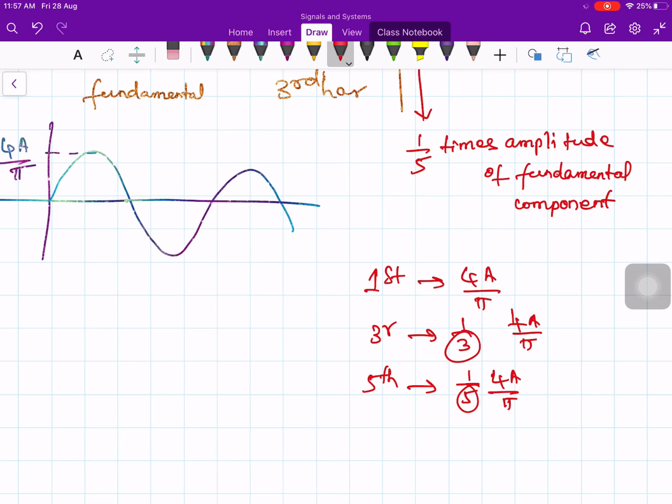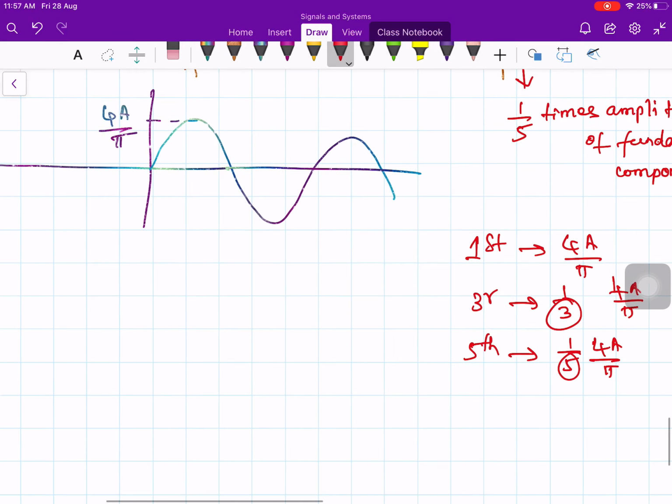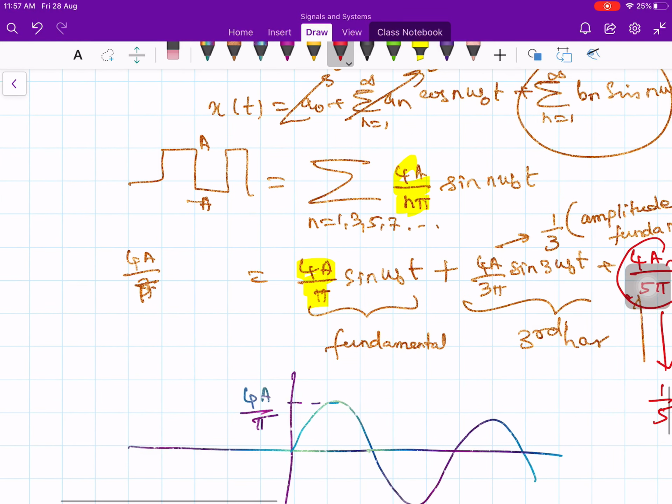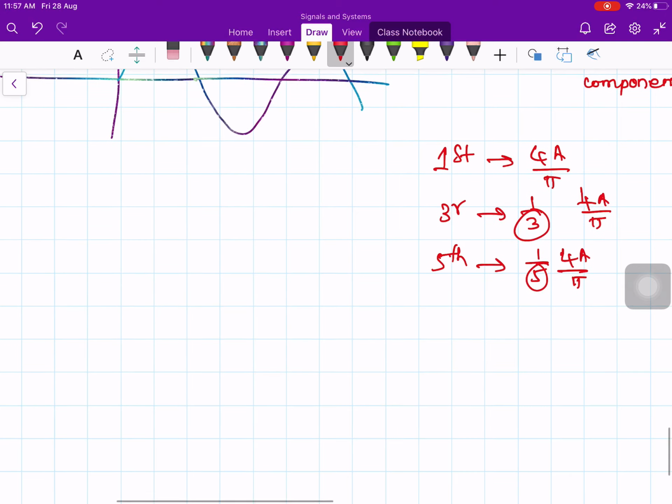Okay, so I think I have covered as many problems as we want. So let me stop at this point. The summary is that we have worked out some problems for the symmetry conditions for a given Fourier series. Okay, so let me stop at this point. We will continue from here in the next lecture. Thank you very much.